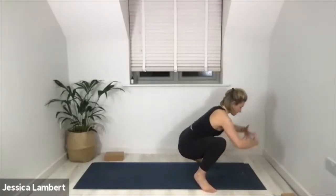It might help you to have the hands down. If you're on your heels, try and reach forward. So you're encouraged to lift and lengthen the spine. Not notice if you're knocking the head back. Keep the back of the neck nice and long. Keep the waist pulling in, glutes working, knees are going out. Breathe. 3,